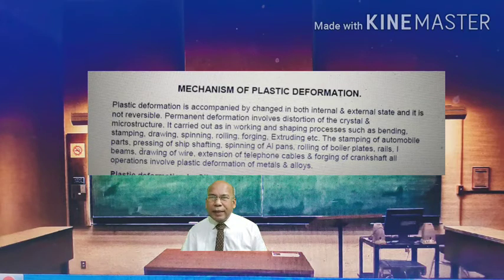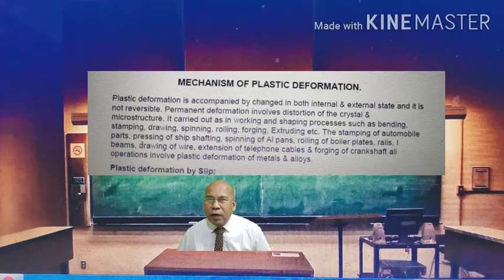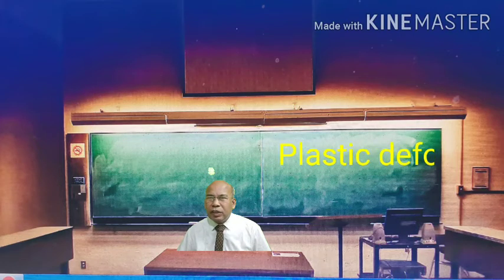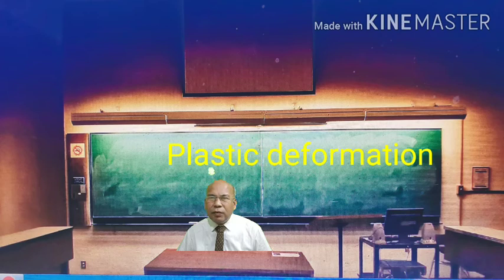But when a force is applied and, after the deformation, the body does not come back to its original position even when the force is removed, it attains a newly deformed position, which is called plastic deformation. So there are two types of deformations. One is elastic deformation, another one is plastic deformation. In this subject, we are going to concentrate on plastic deformation,